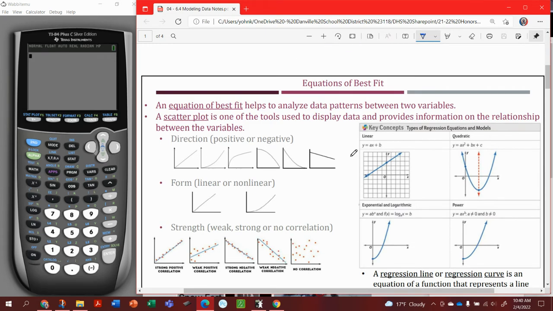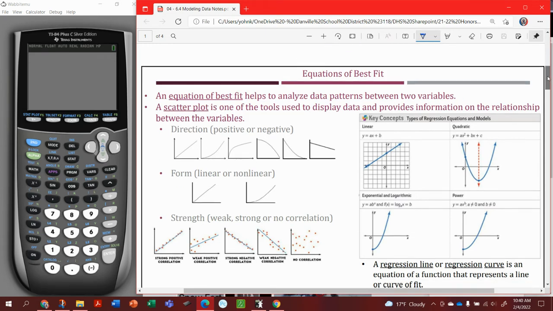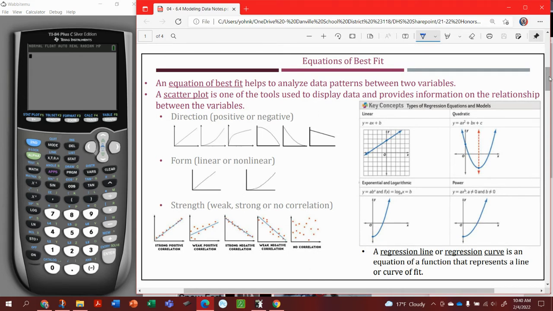So a couple of things to talk about first is what an equation of best fit is. An equation of best fit helps to analyze data patterns between two variables. And the way that we look at this data is by using something called a scatter plot. A scatter plot is one of the tools used to display data and provides information on the relationship between the